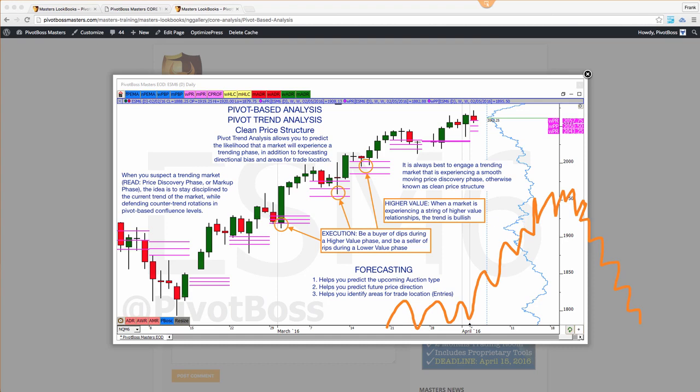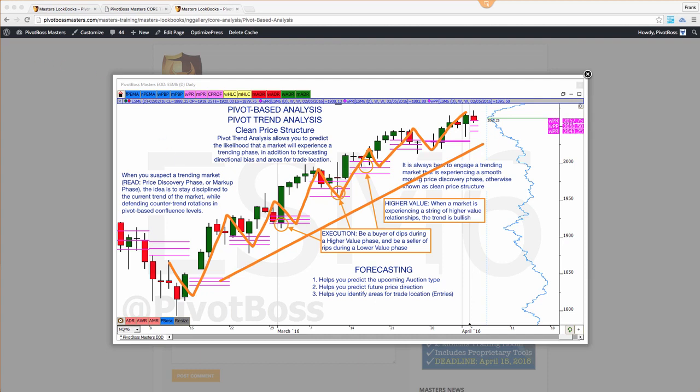That's the typical 4 phases of the market. And so when we get into a markup phase, not all markup phases are the same, right? Some markup phases have very clean price structure, and some are a little more volatile. This was one of those cases where it was very, very clean. And so when we came down here, and remember this low, I'm not going to let you forget